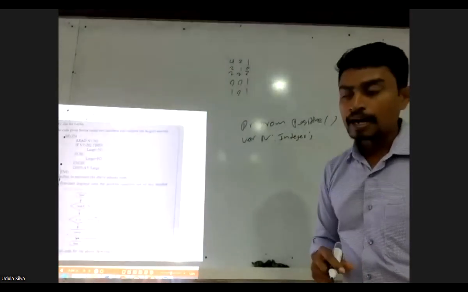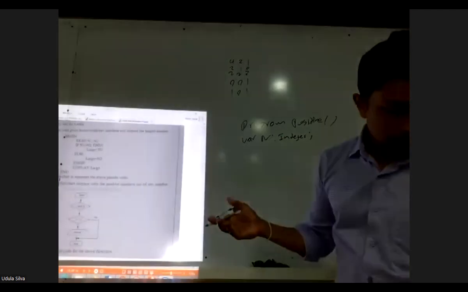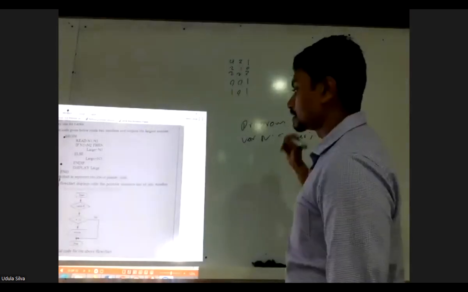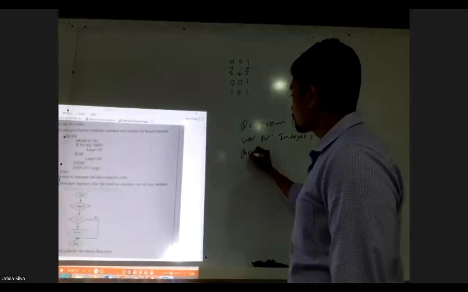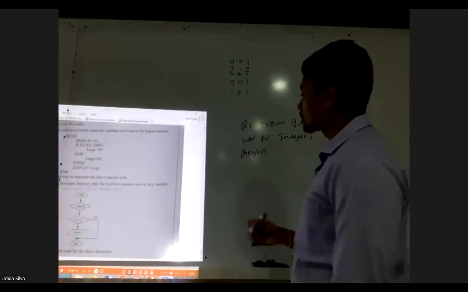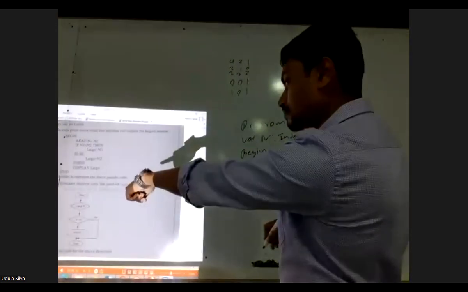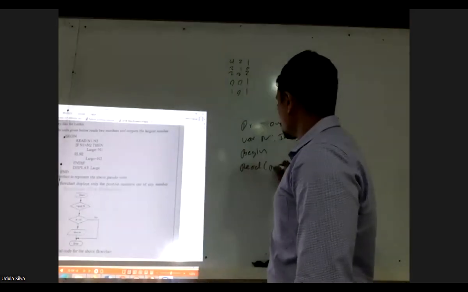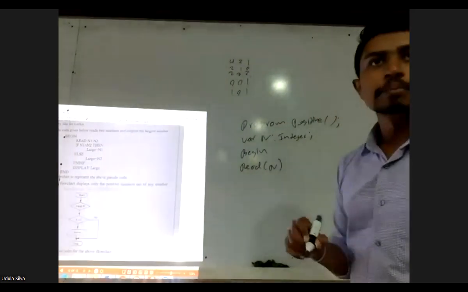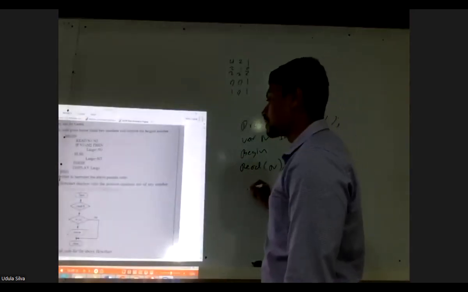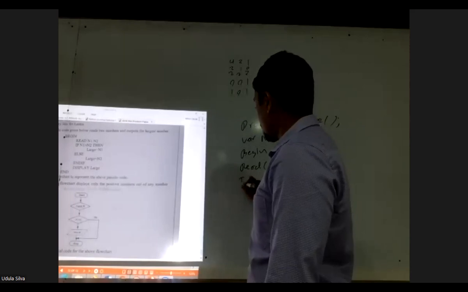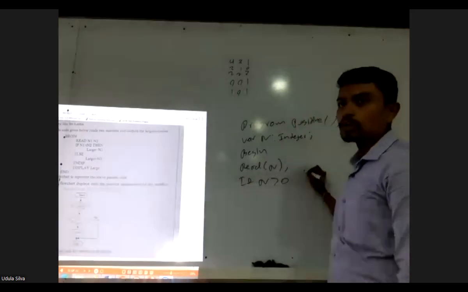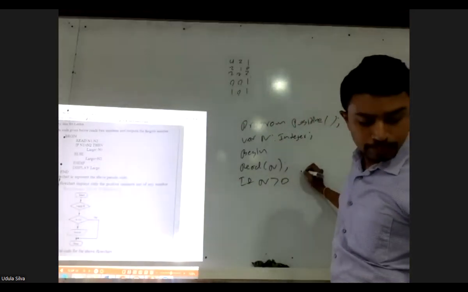Alright. And then what are... okay. So we need to find the positive integers. Then begin. Right? First, what are they doing? Read. Read the number. And then if n greater than 0, then what are we supposed to do? Then